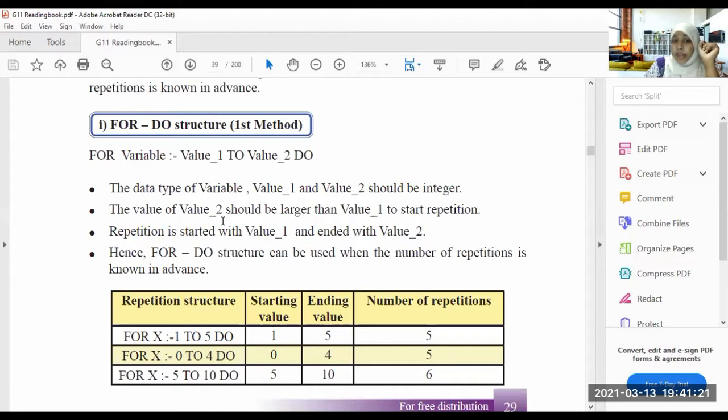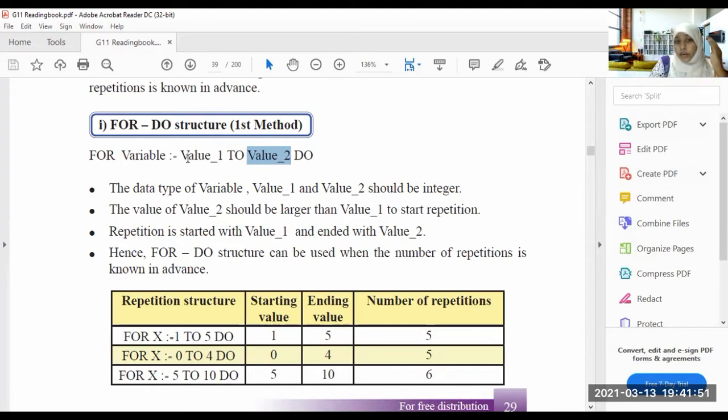The value of value 2 should be larger than value 1 to start repetition. That is the second one. Third one, repetition is started with value 1 and ended with value 2.